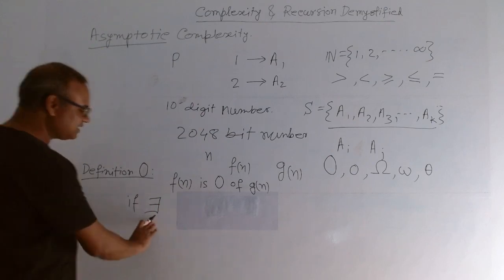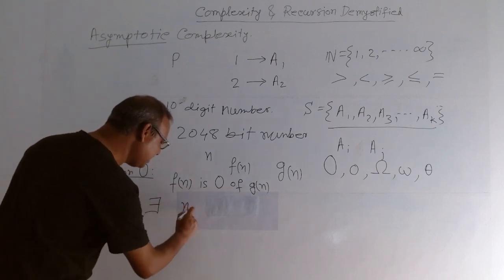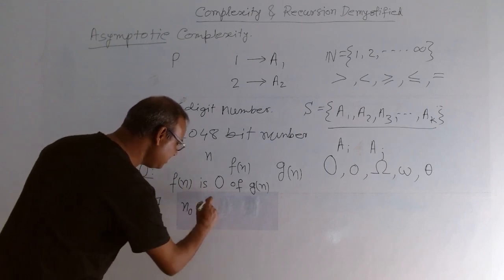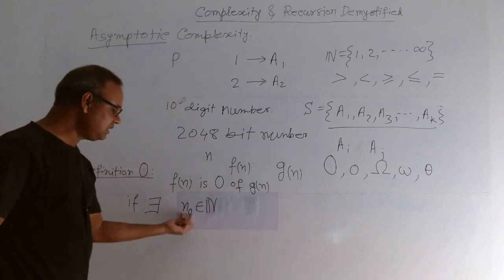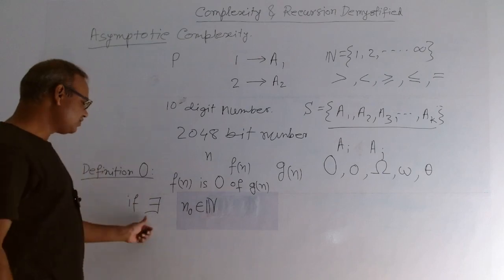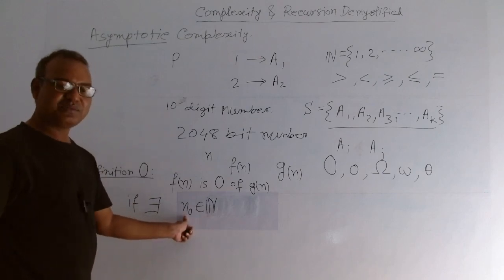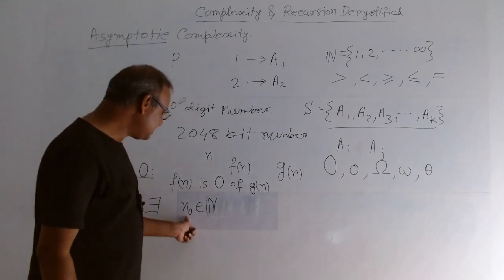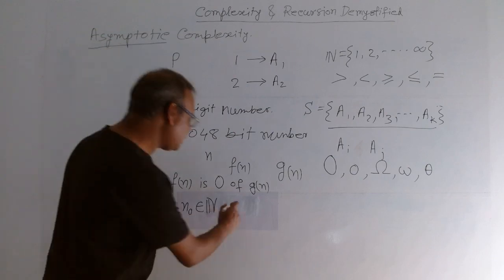If there exists a natural number n0. Since it is a natural number, let's write it this way: n0 belongs to N, the set of all natural numbers. So there exists a natural number, it may be sufficiently large, but it is fixed, it cannot vary. A sufficiently large fixed natural number n0 belongs to N such that,